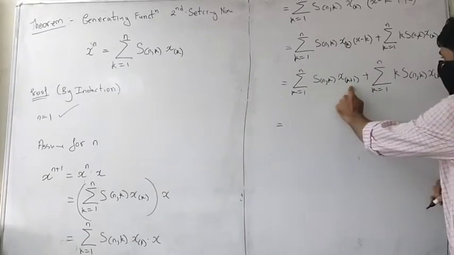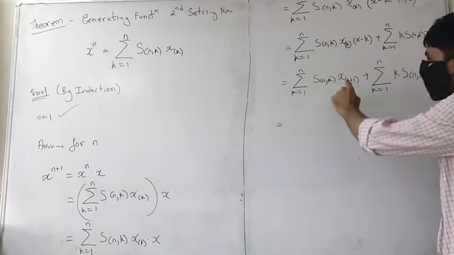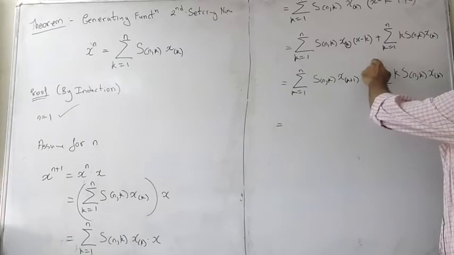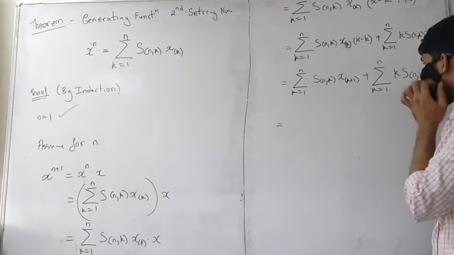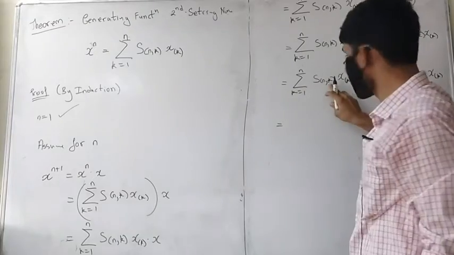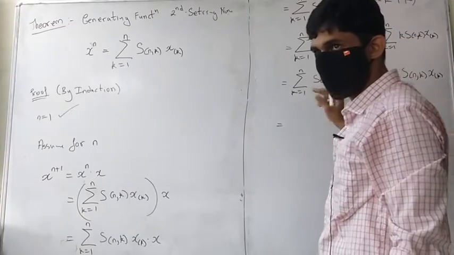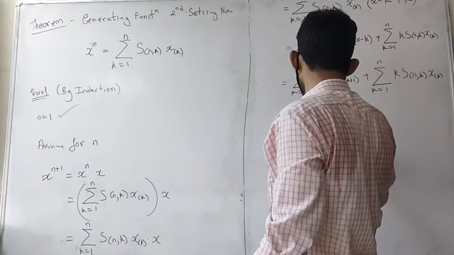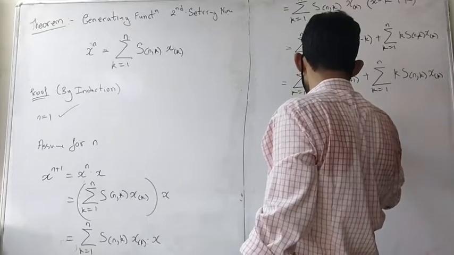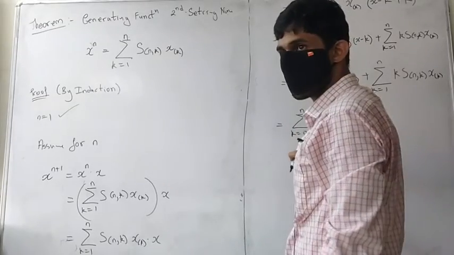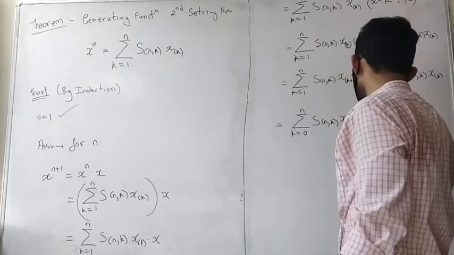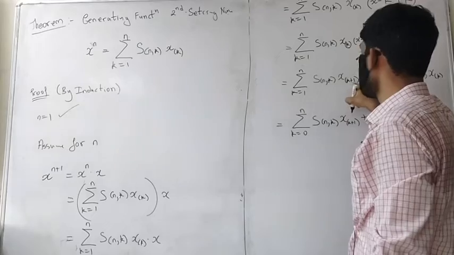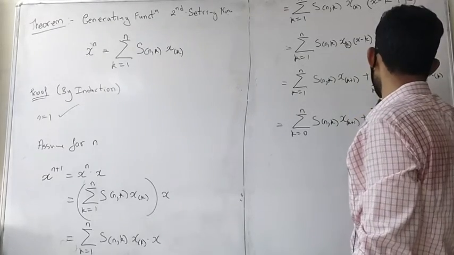Okay, now again, here we want to combine those terms, right? So this is going to go from 2 to n, this goes from 1 to n. So I want to start from 1. So check the 0th one, but the 0th one is anyway 0. So let's put it, k going from 0 to n, yes. The 0th term is 0, so in this sum the 0th term is 0. Okay, x_(k+1) plus summation. Here again this goes up to n plus 1. So I want this also to go up to n plus 1.